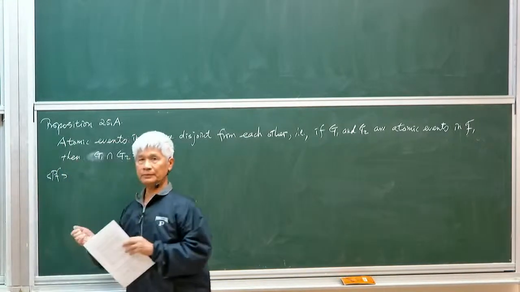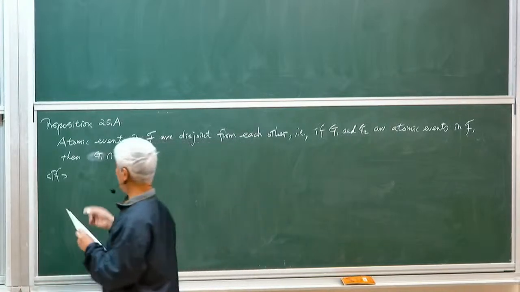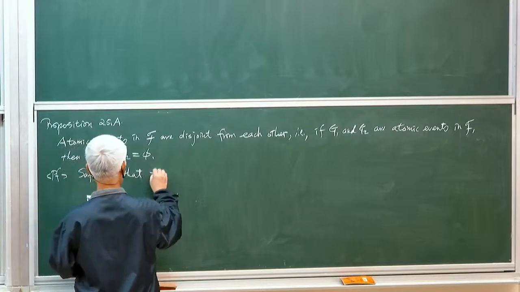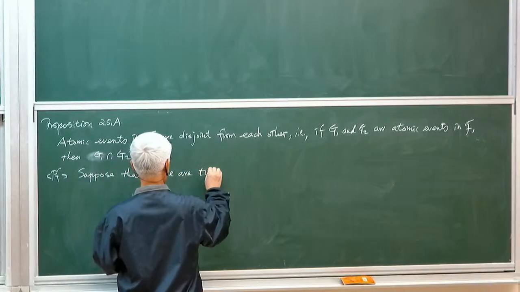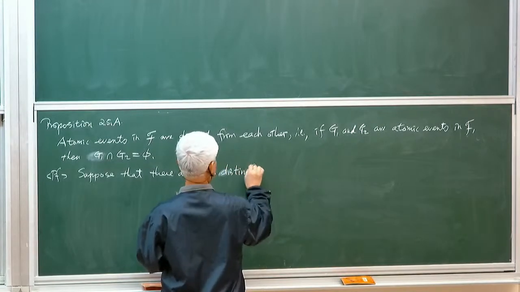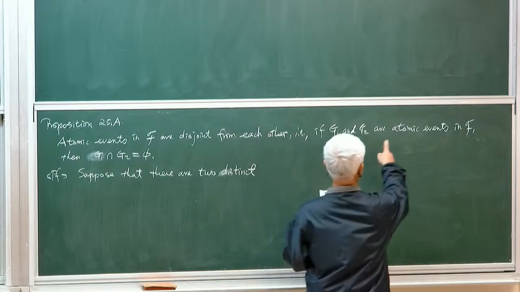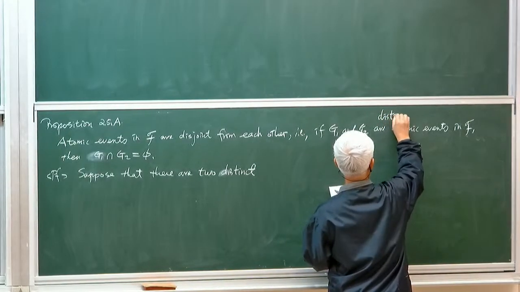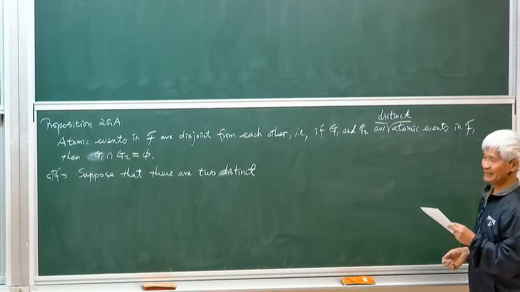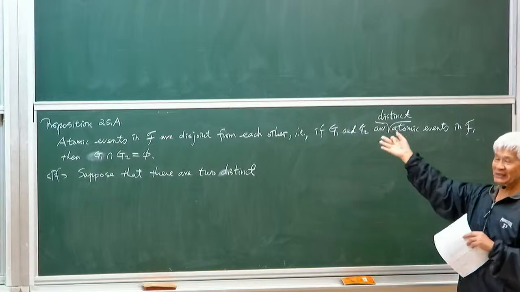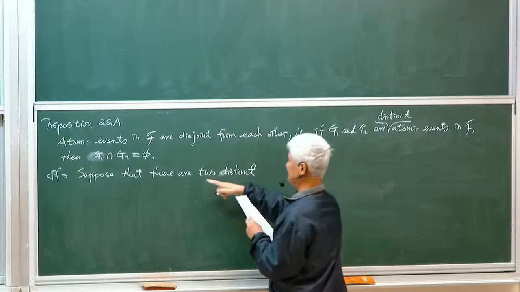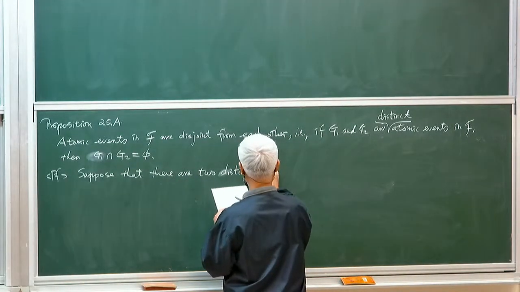All right, so we prove this by contradiction. So suppose that they are two distinct... I forgot distinct. Sorry about that. G1 and G2 should be distinct, because if they are the same, of course the intersection will be themselves, right? So they should be distinct. So suppose they are two distinct atomic events,